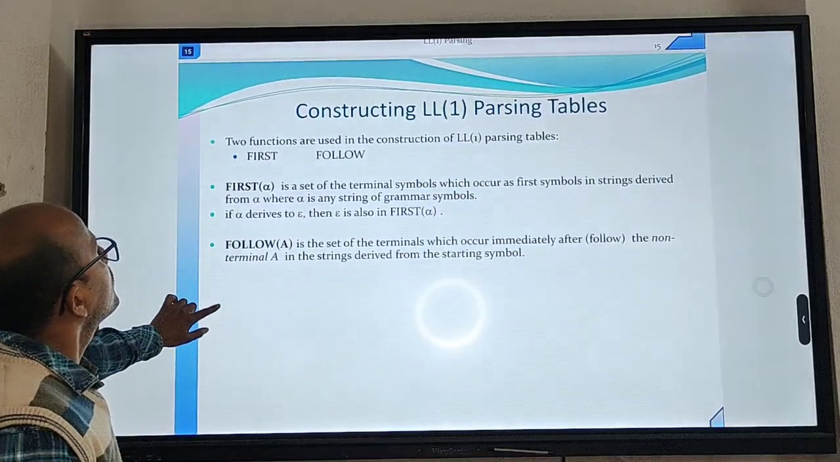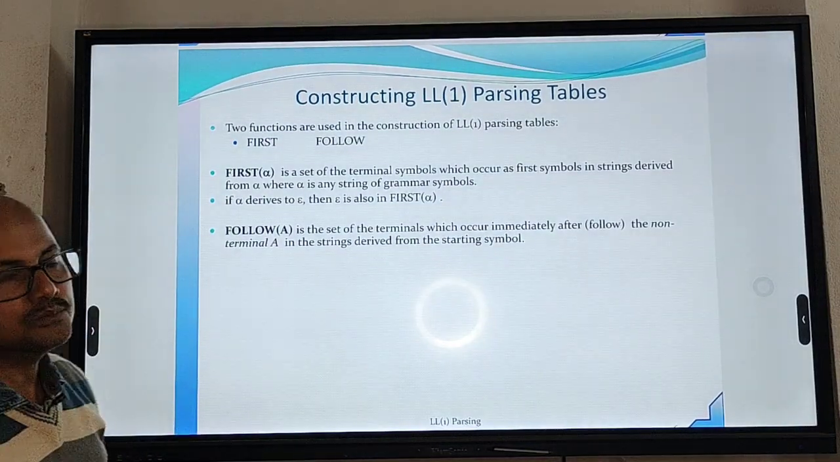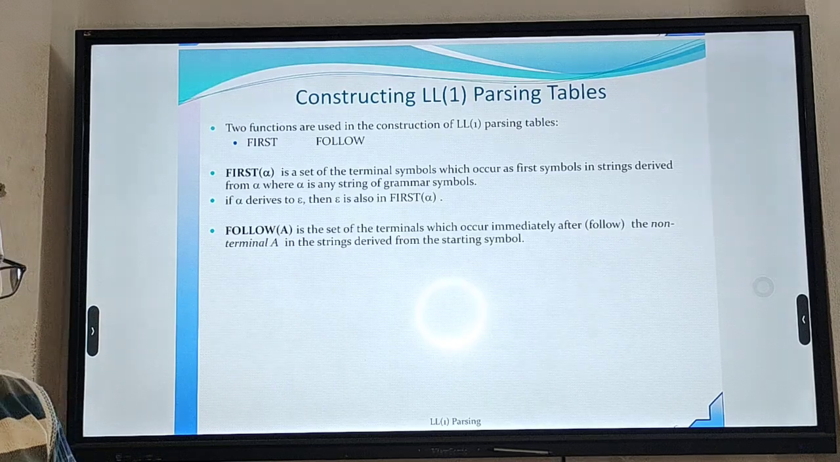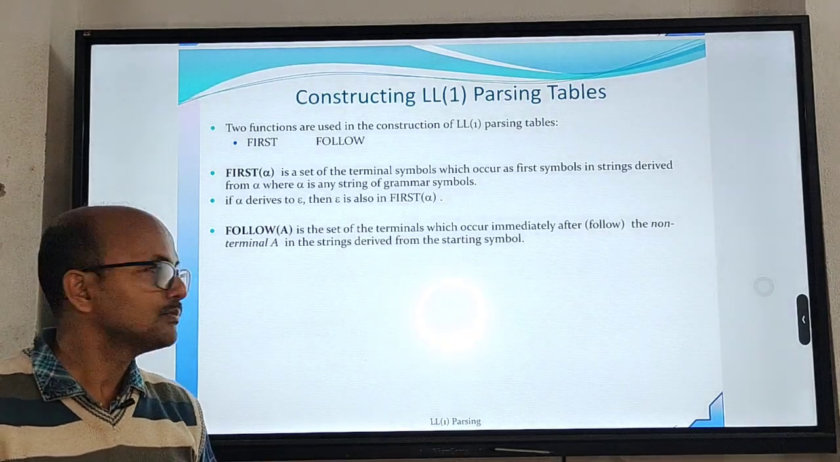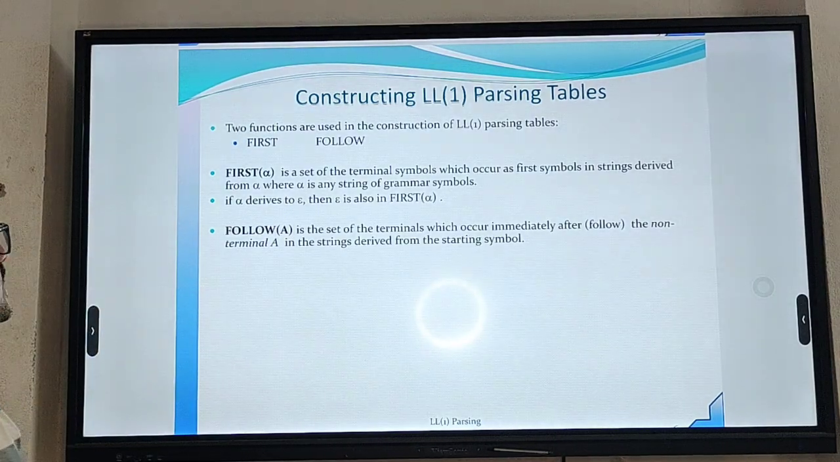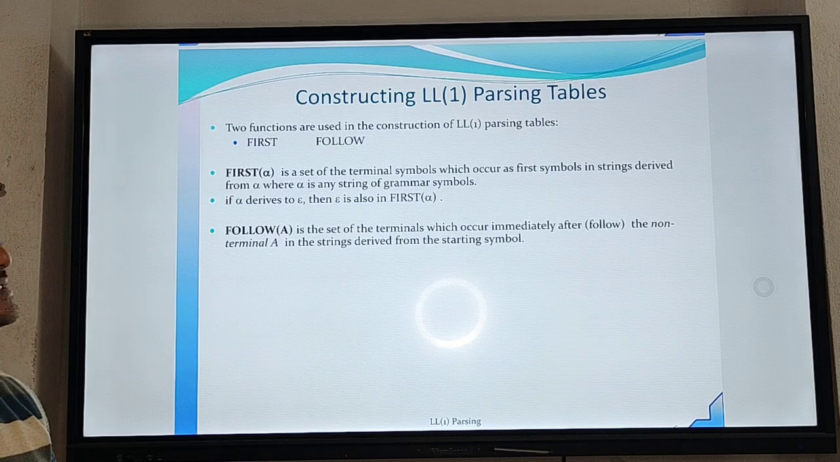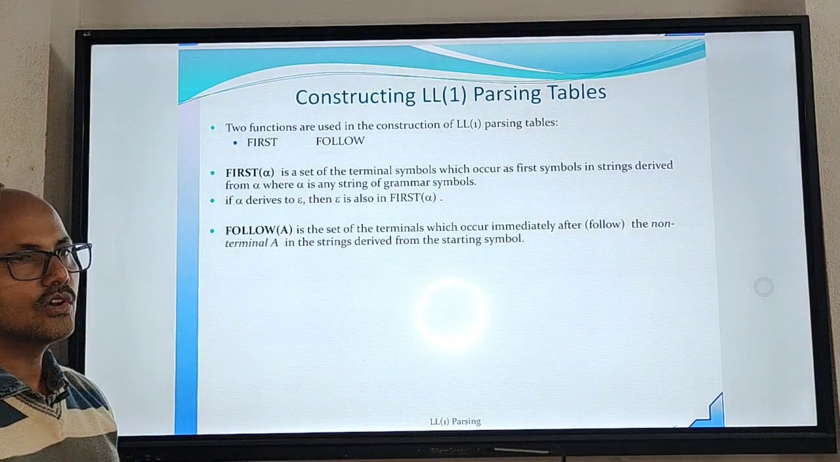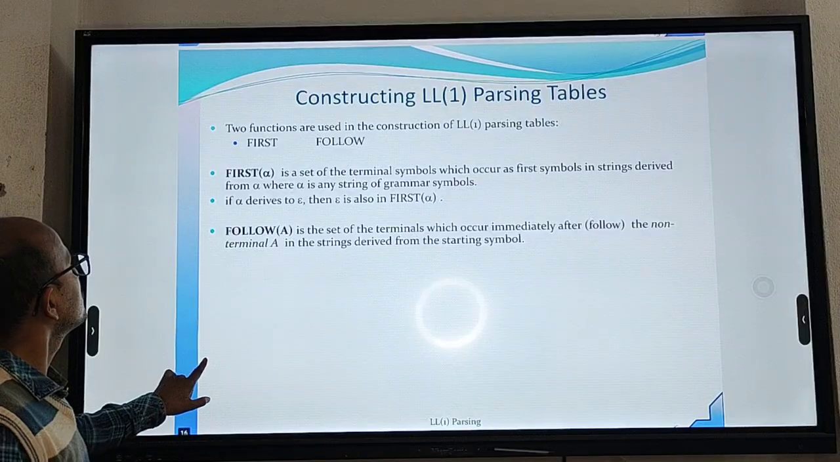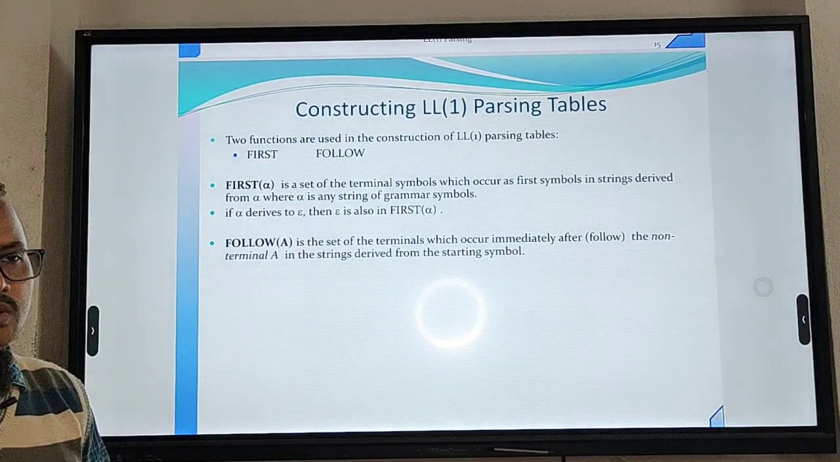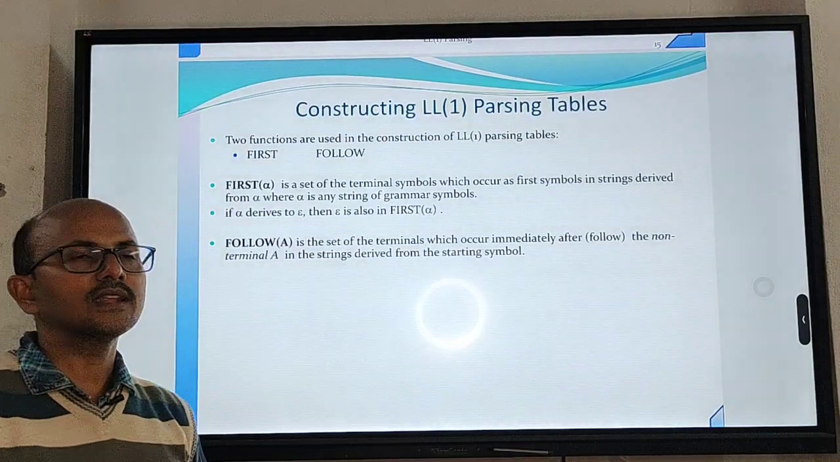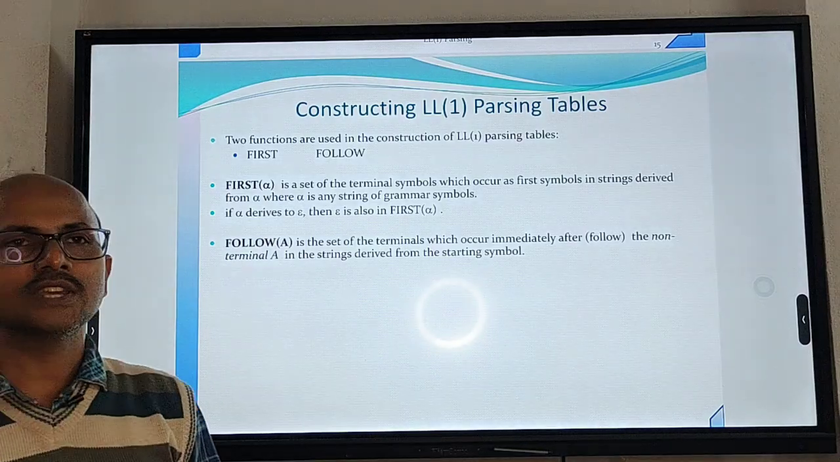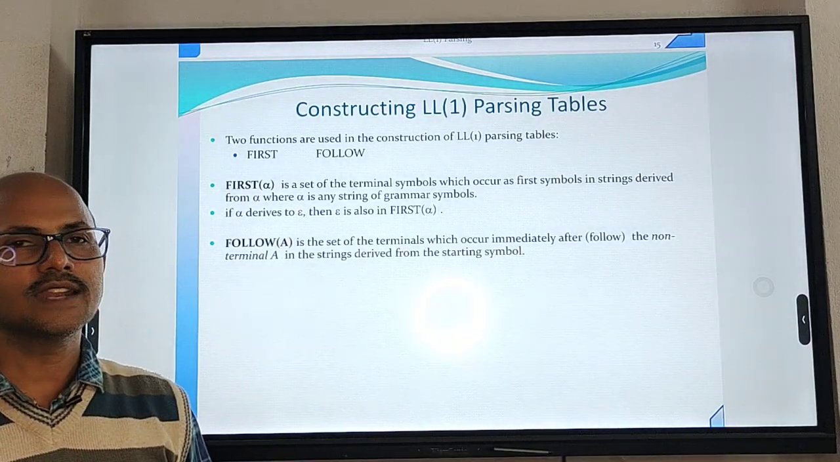Now we are moving to the problem of constructing the LL1 parsing table. Before constructing, we should know the first and follow symbols of a terminal or non-terminal of your production rules. So basically, what is first? First of a terminal or non-terminal is the set of symbols which are generated by a